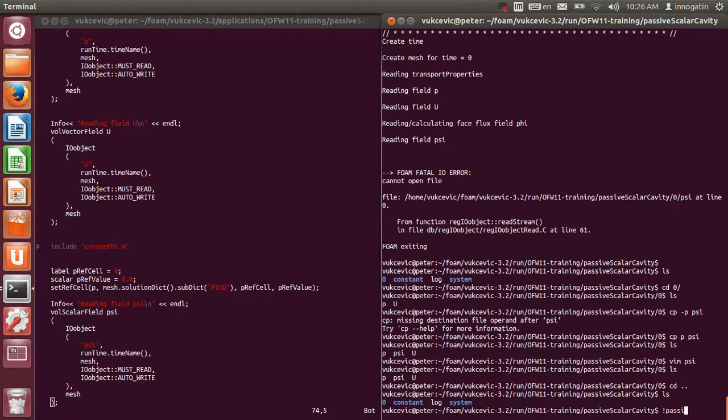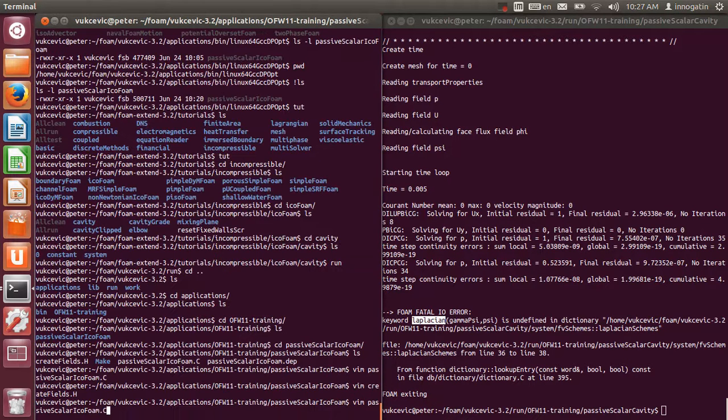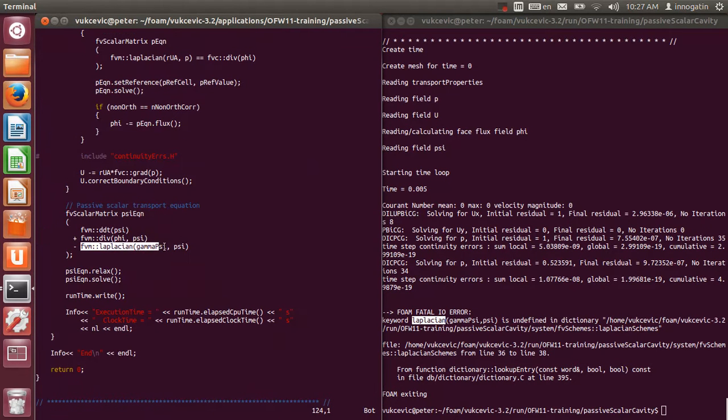Okay, now we have successfully read psi. We have gone through the pressure velocity coupling. You see here the momentum predictor step was finished, and then the pressure was corrected twice, and then we experienced the error because we are missing the Laplacian gamma psi discretization scheme, and this happened here basically,